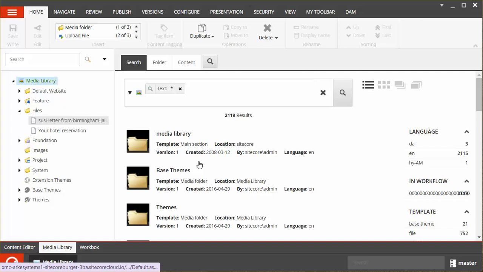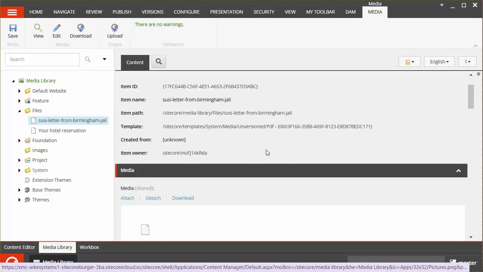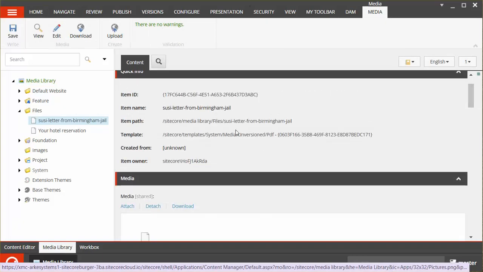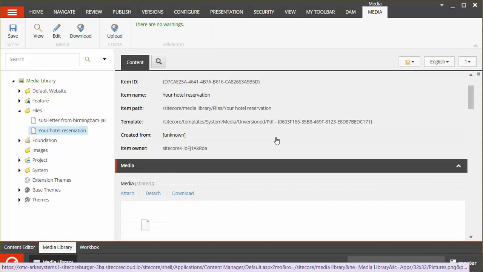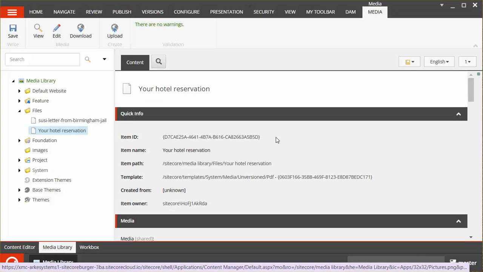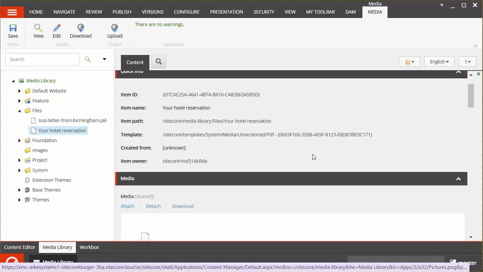So one is the letter from Birmingham written by Martin Luther King Jr., and the other one is a hotel reservation. Nothing to do with each other. These were just the two that I had handy that I decided to upload into Sitecore. Okay, but besides wanting to upload two files that I can actually track, one of the things I wanted